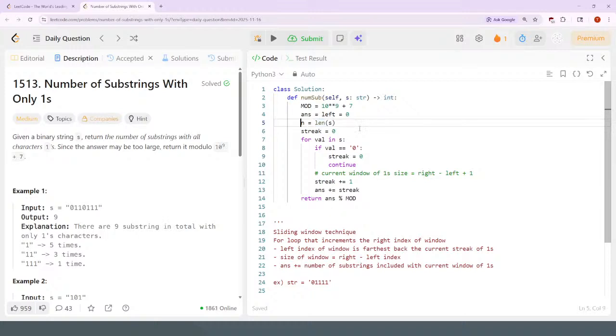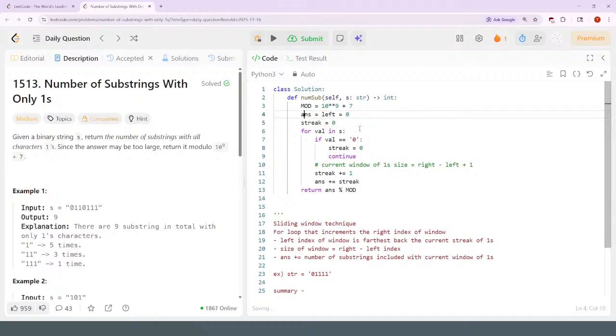I guess I don't need n. I don't need left. I think I still need streak. If the value equals 0, streak is equal to 0. Otherwise, the streak increments, and the answer increments by the current streak. Yeah, that seems fast. I mean, maybe the deletion of those two